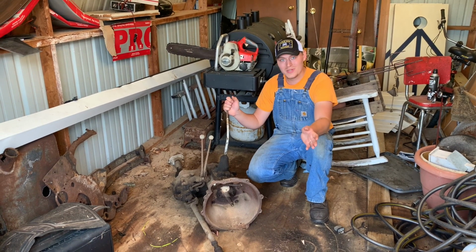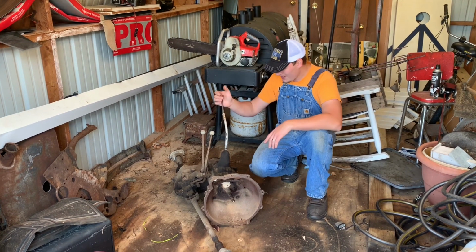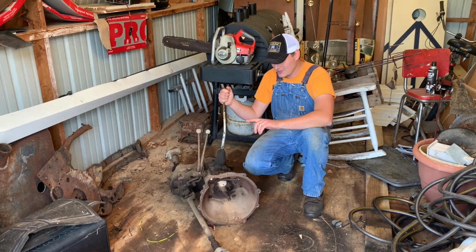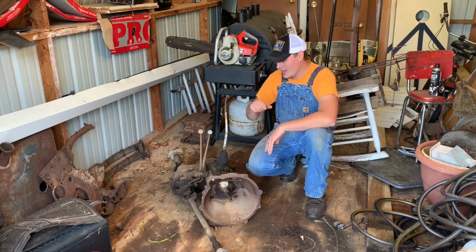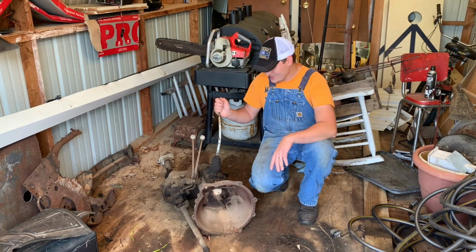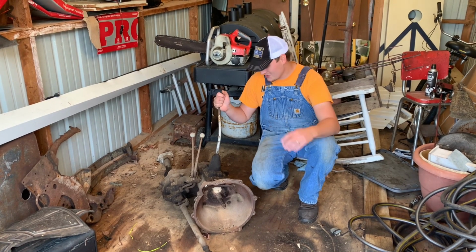The reason I wanted this at the time is because the gears and the shifter and everything still move. He had kept this in the barn in the dry, and he would come out regularly and shift everything to keep it all moving. So even though all this moves and it seems to be in good shape, just a little dirty,